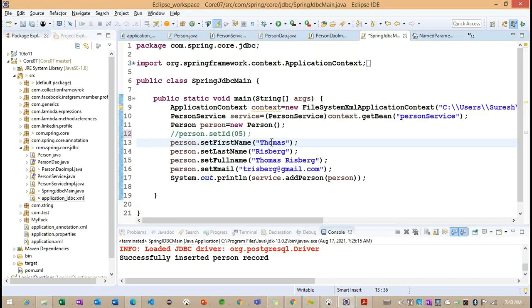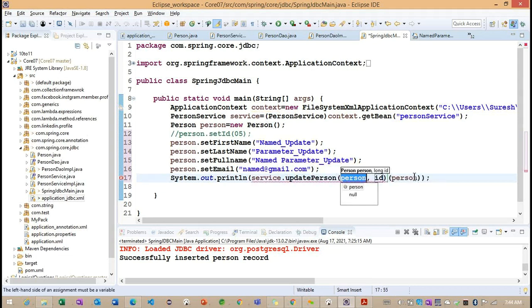We can update the name and underscore update, parameter underscore update. To get the information, I'm appending our string here. And email we'll keep as it is, the same email, and here we'll call update person.